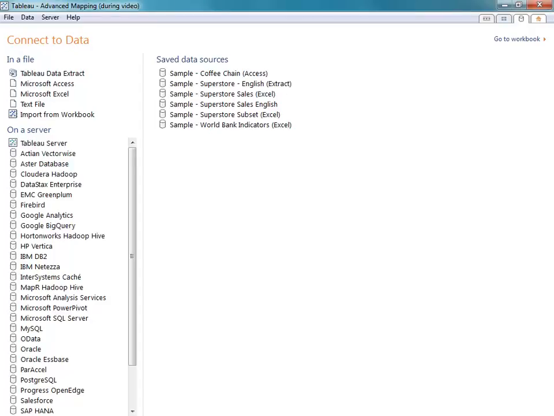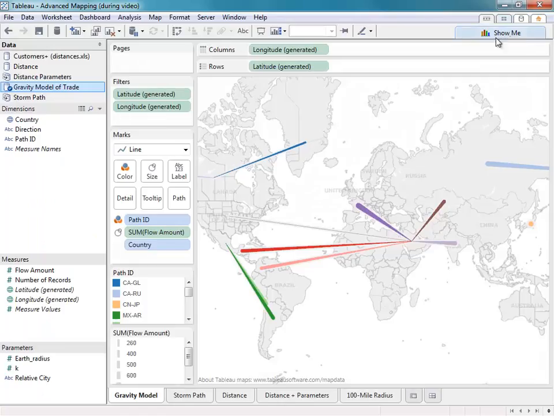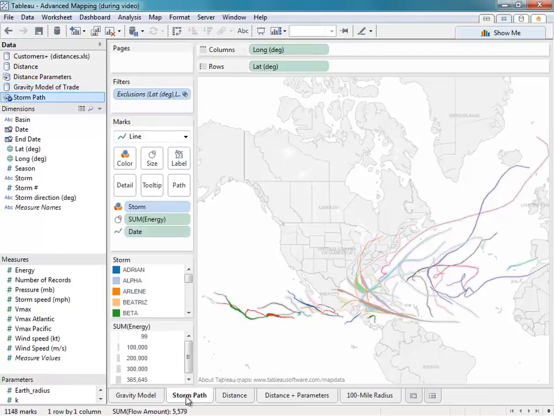Welcome to Tableau's advanced mapping video. We'll be using Tableau Desktop 8 to show some advanced mapping techniques. In this video, we'll discuss how to plot the direction and amount of trade between two given countries, how to